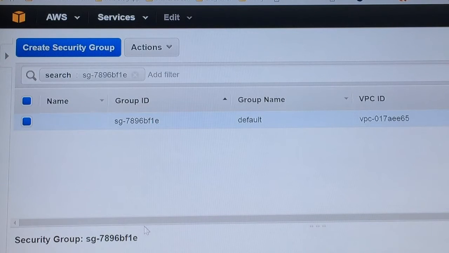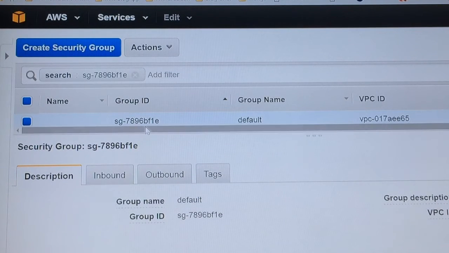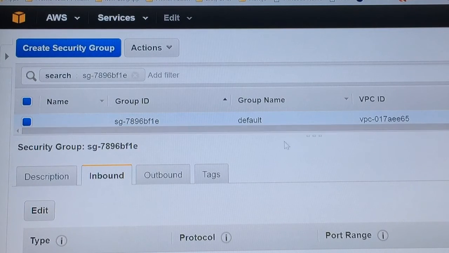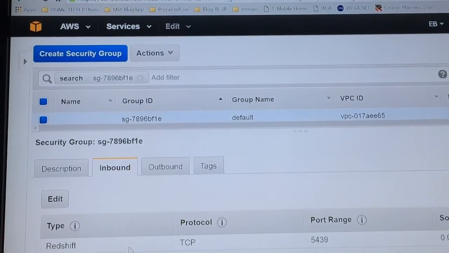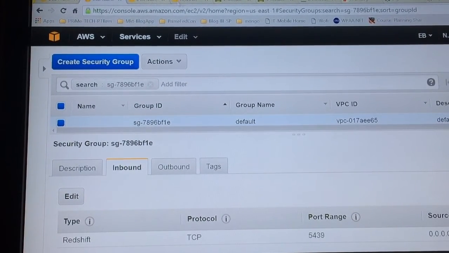If I pull up the details at the bottom, you'll see the inbound network rule that was created. Pull this up a little bit more. Scroll down. And you can see there's a TCP rule. There we go. Now, going back to Redshift